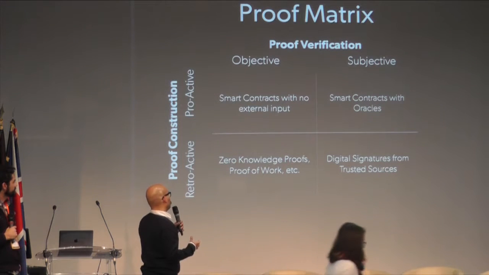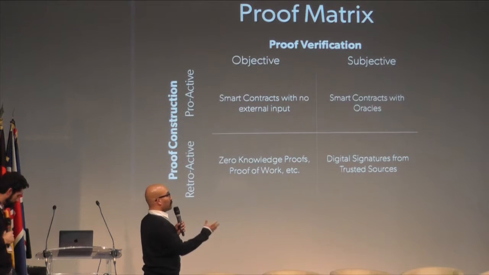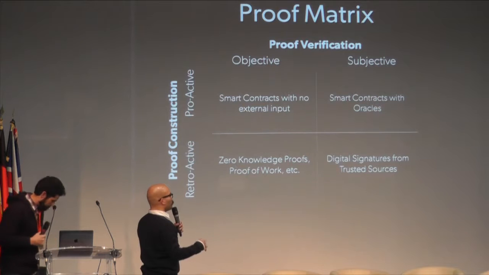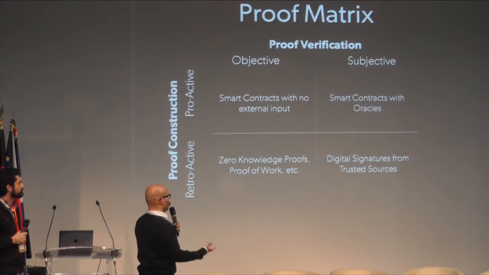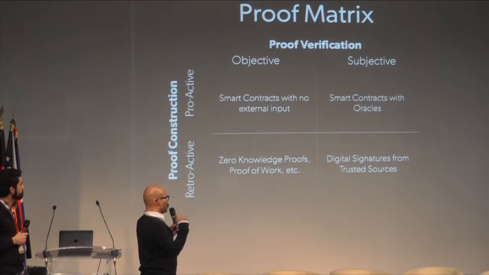objectively done. For example, in a zero-knowledge proof, you are proving a computation to a network in a way that the network or anybody can independently verify through computation. They don't have to trust what you did. Similarly, you have another situation where a proof of what already happened needs someone to trust you to verify the